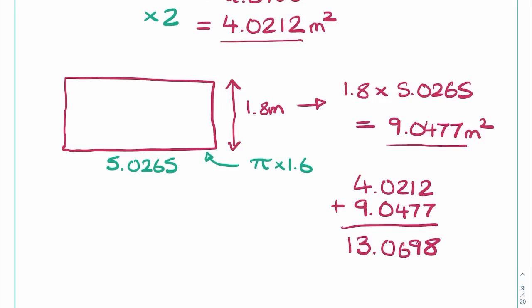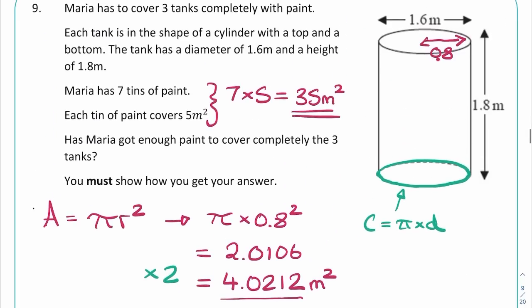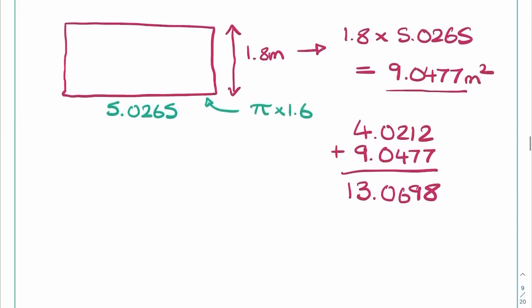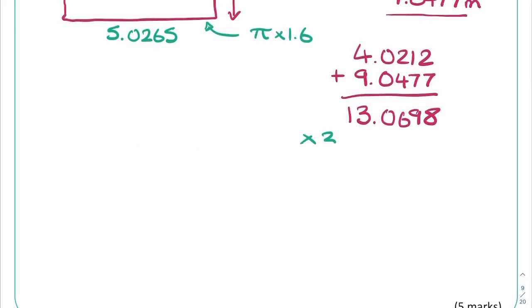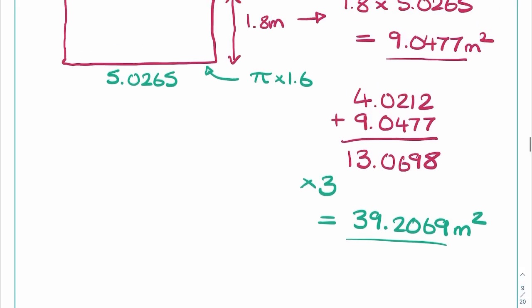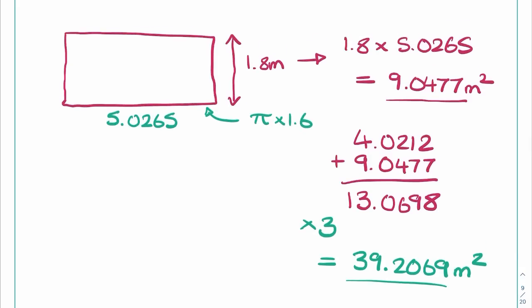13.0698. Now it said in the question that we have 3 tanks, okay, so we have 3 of these. So I just need to multiply that by 3. That's going to tell me the overall surface area of the 3 tanks. So just press times 3 on my calculator, and that comes out as 39.2069 meters squared. Now look, the important part here, and why I was happy to just round them as I